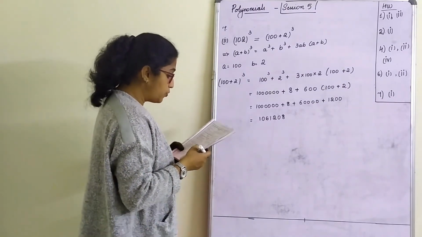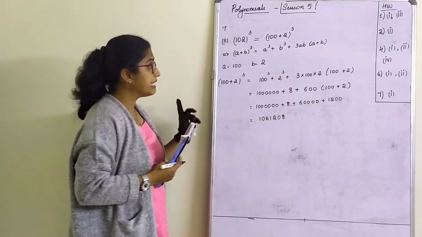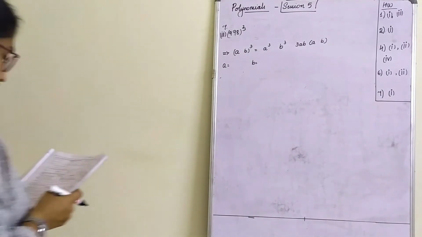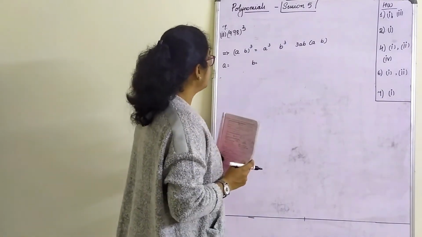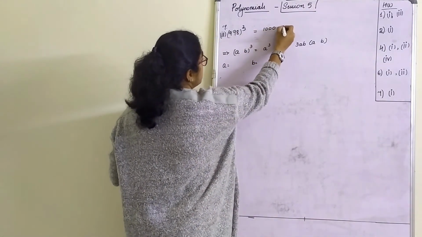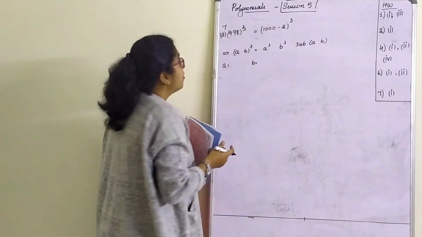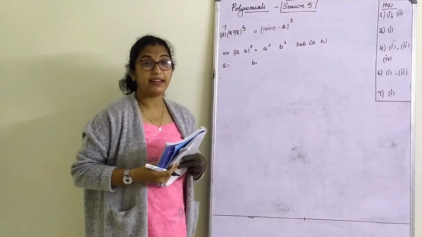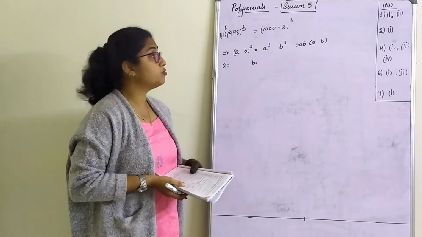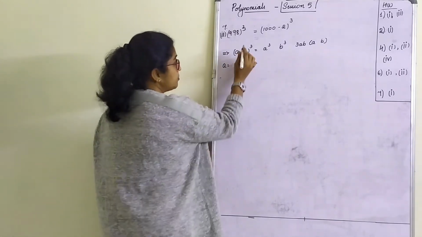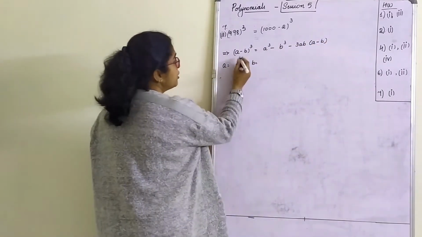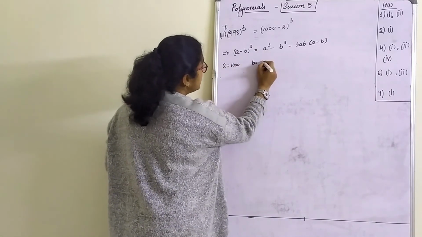So we have the next one, which is, okay, I'll write down this, I'll erase this, and then I will do the last one. The last one, 998 whole cube. Now 998 can be written as (1000 minus 2) whole cube, or if you use 990 plus 8, it will be difficult for you because 990 cube you have to find. So (1000 minus 2) whole cube is the best solution. (a minus b): a cube minus b cube minus 3ab of (a minus b). So your a is 1000, b is 2.